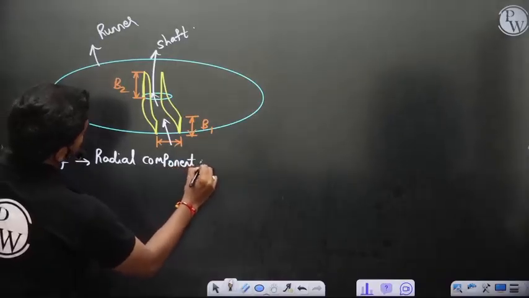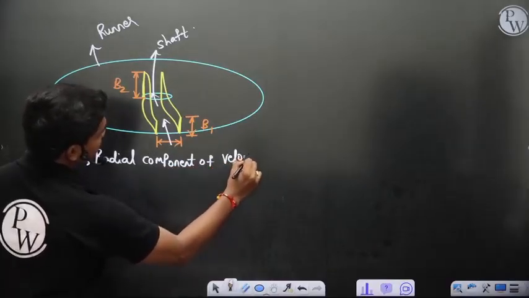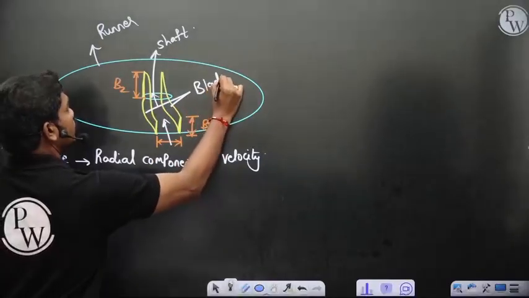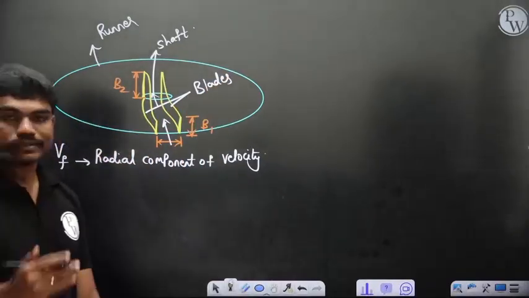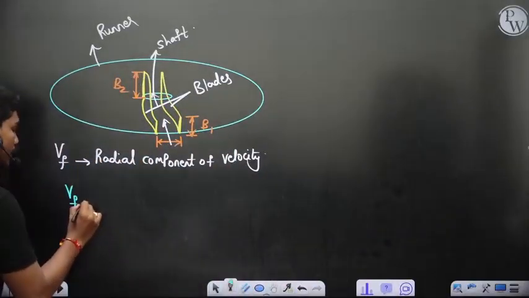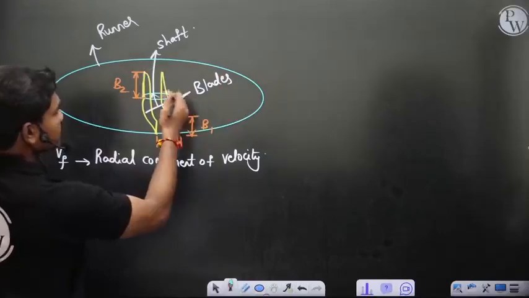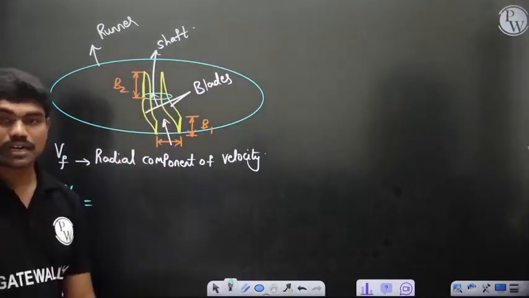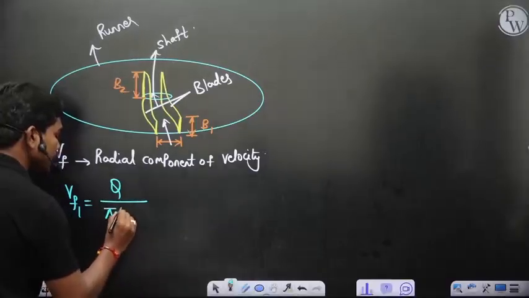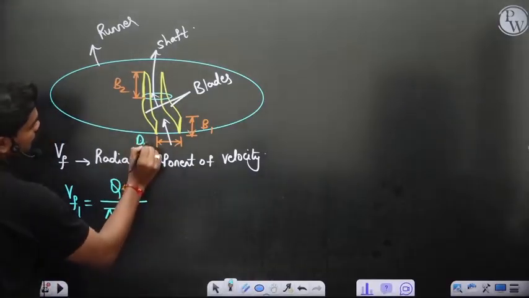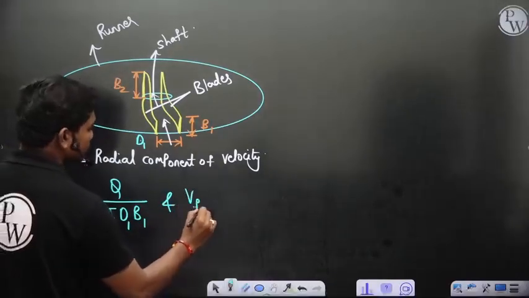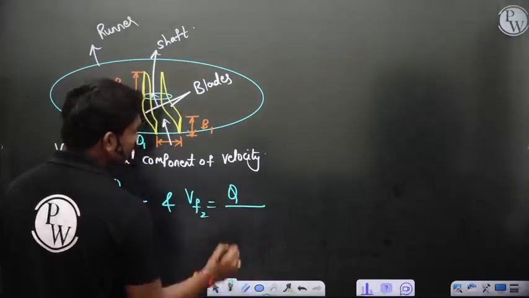The radial component of velocity at inlet is Vf1, and for the total 360 degrees, if you draw blades at all the 360 degrees, the discharge entering the turbine is Q. Can I write this as Q by pi D1 B1? And Vf at exit is the same discharge divided by pi times